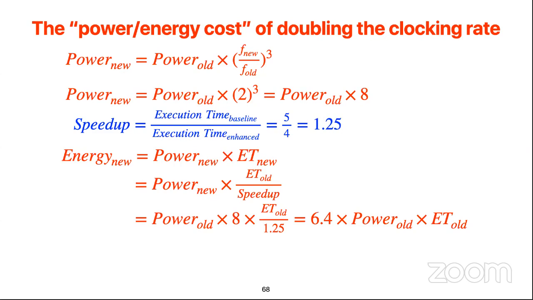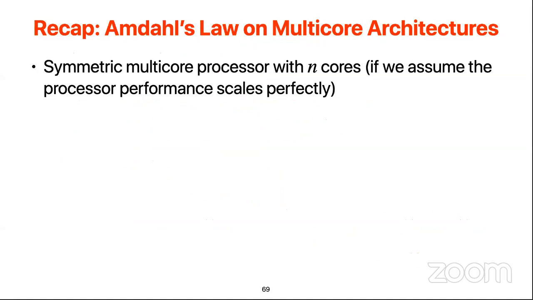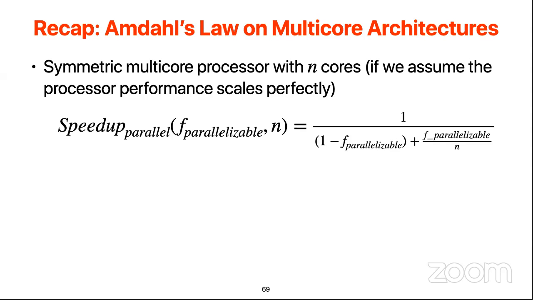So you will get the result that, wow, the power consumption is 6.4 times more than the baseline. However, if we use Amdahl's law to compute the speedup for multi-core architecture, and previously we have this function,